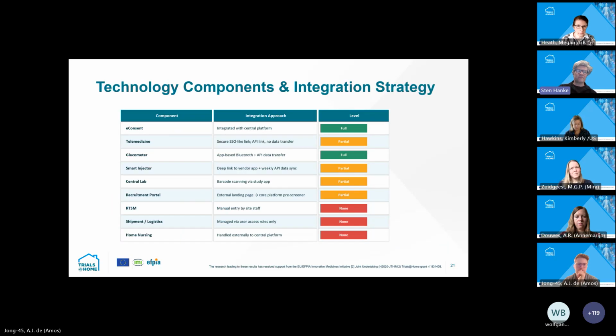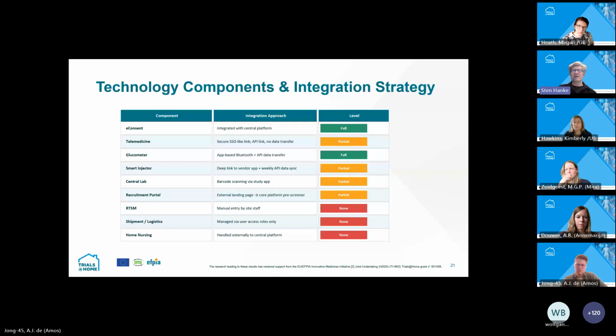Next slide, please. Just before, I was saying that we integrated some of the technologies, but we also did not integrate part of them, and we partially integrated some. The overview you can see here. And the reason, of course, why we only partially or did not integrate parts is due to the complexity of integrating technology into other technology, and the problems related to this. We will see later that interoperability and standards could make our life a bit easier. But I think in general, we are not there yet.